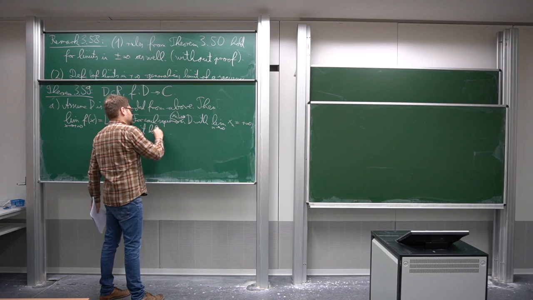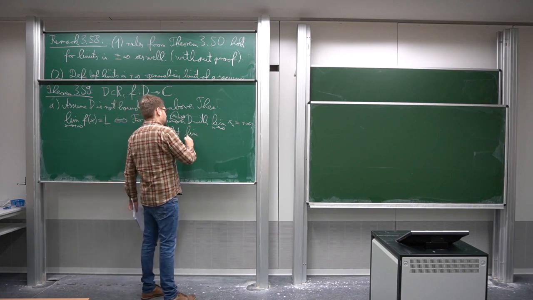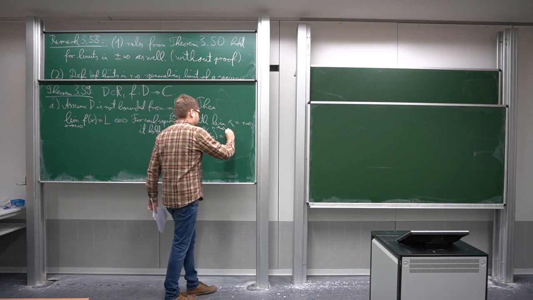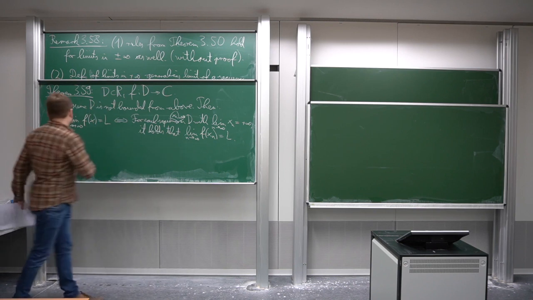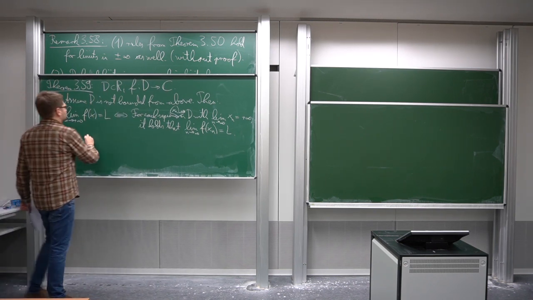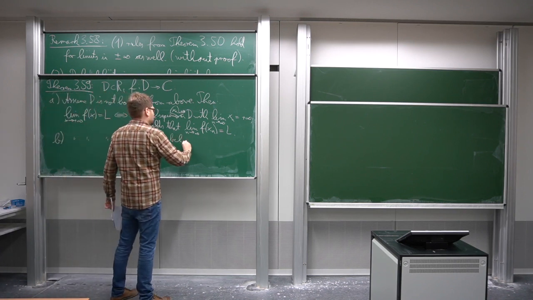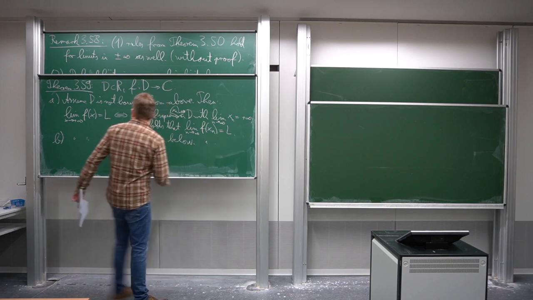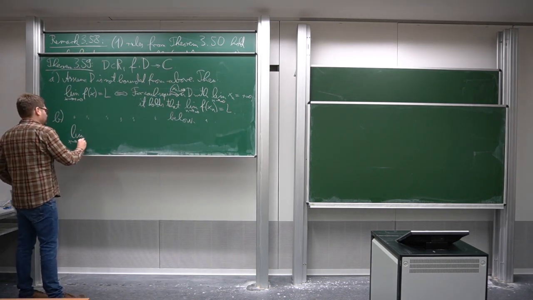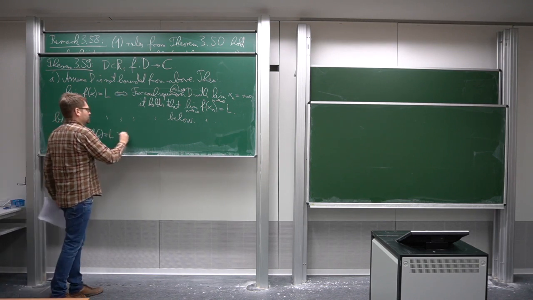For each of these sequences, it holds that the limit as n goes to infinity of f of xn is L. Okay, and the same for the other direction, which is now a bit tedious, so I will just copy what's written here. Assume now this time that D is not bounded from below. Then the limit for x going to minus infinity of f of x is equal to L if and only if